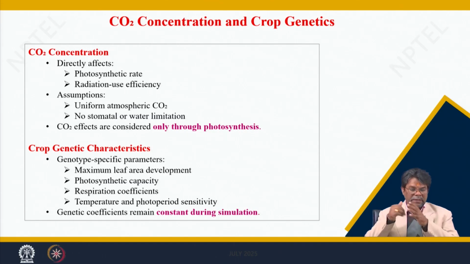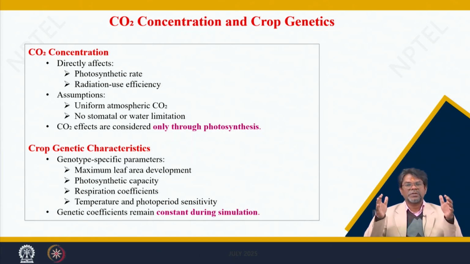So, for the model there is a uniform carbon dioxide concentration. We do not give a variable CO2 on a daily basis like other parameters. For the model, we give the 4 weather parameters on a daily basis: the maximum and minimum temperature, the rainfall, and the solar radiation. But CO2 we assume a constant level during the growth duration of the crop.